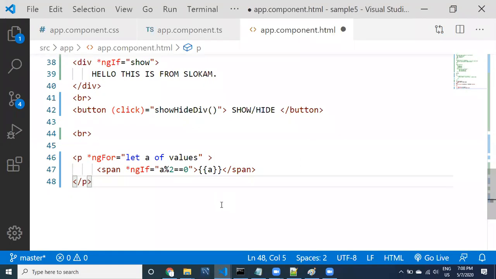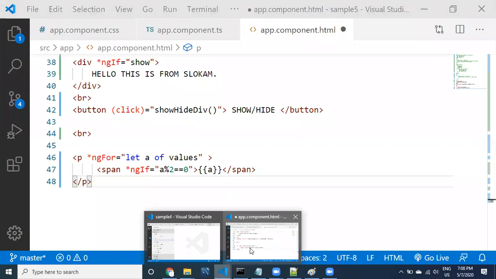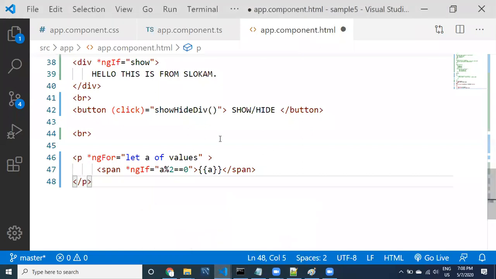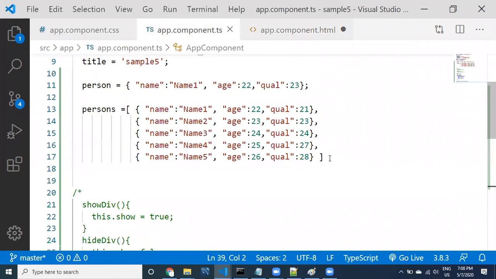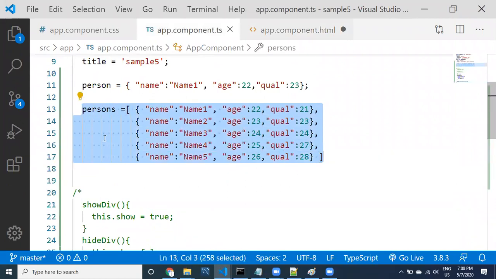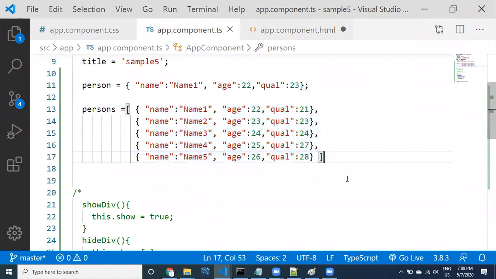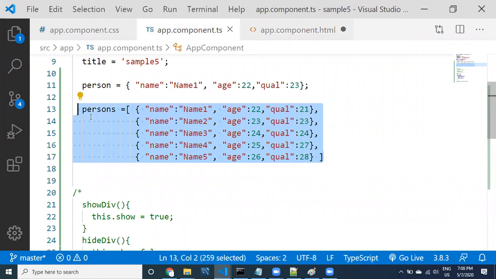I'm going to have some student information. Yesterday we have taken some student information, right? So we are in the same example. Yes, see here, guys. Now see here, these are the persons. Now I want to iterate this example. Listen carefully. Whatever example that we are doing, understand the example, guys.